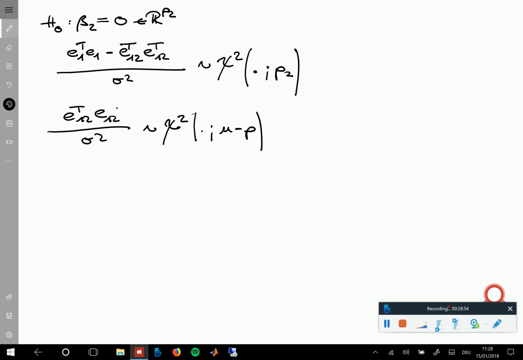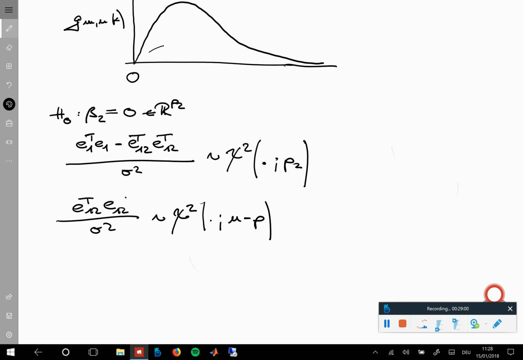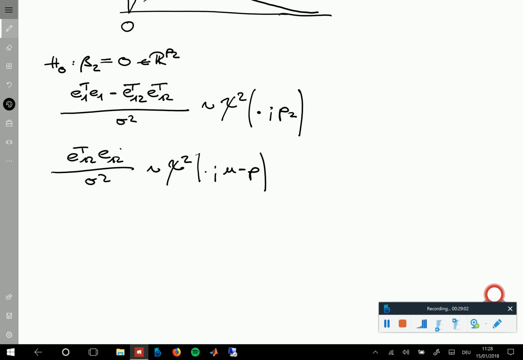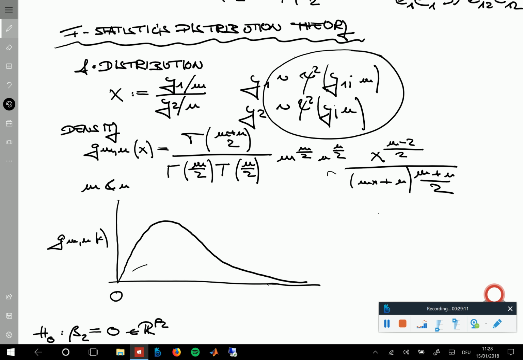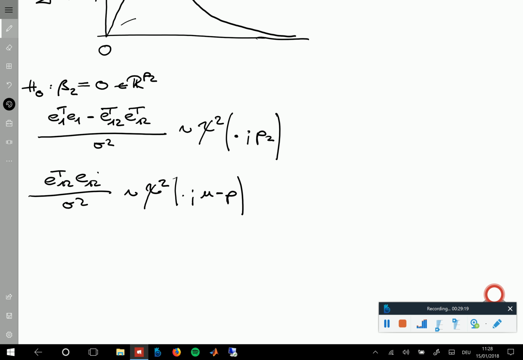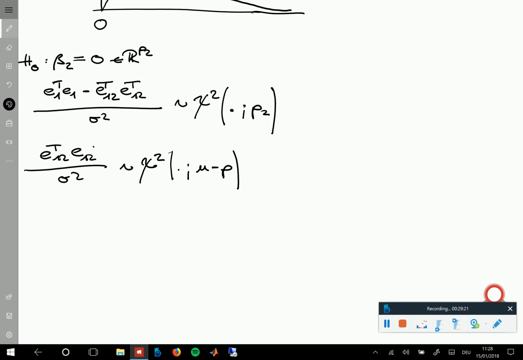If we accept that these quantities are chi-square distributed, then it's fairly easy to accept that our F statistic is distributed according to the F distribution, because the F distribution is defined as the ratio of two chi-squared random variables divided by their degrees of freedom. Now, if we divide this by its degrees of freedom, we get